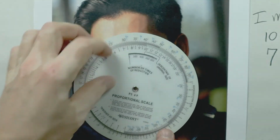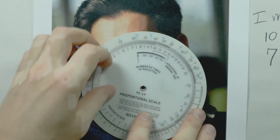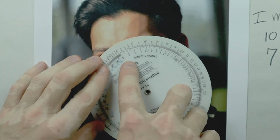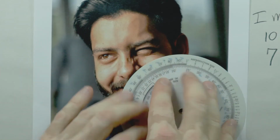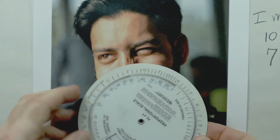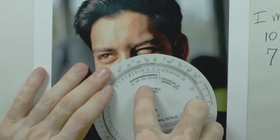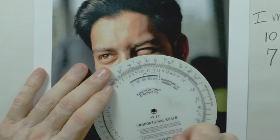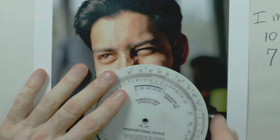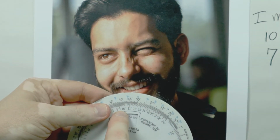Now if you look at the proportion wheel, you'll see there's an outside wheel and then an inside wheel. And both of them have inch markings on them. So on the inside, it starts from 1 and goes all the way up to about 100. And then same on the outside, start from 1, go all the way around to 100. There's also a percentage window on the inside of the proportion wheel. So what you do with this, let's say we were just going to go and make a custom size paper or canvas. So what I want to do is, the inside wheel is my original size,